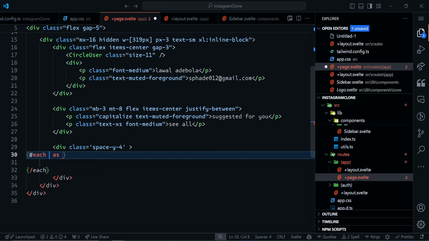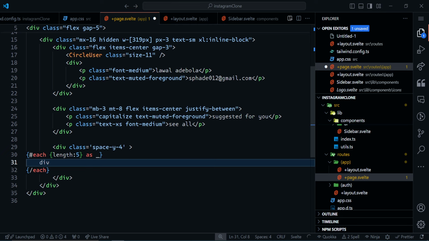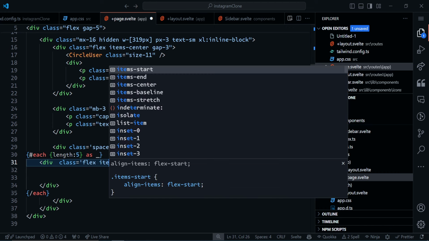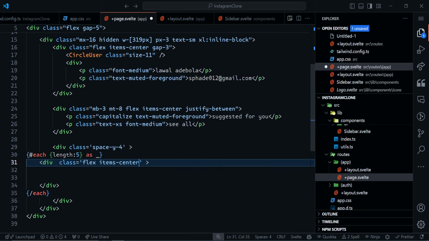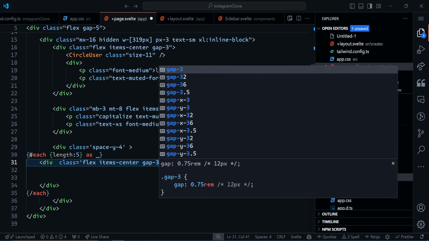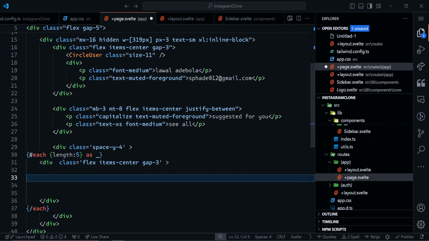And what we're going to be iterating over is just going to be the length of 5. So open your curly braces and say length 5. And we'll use underscore here because we don't actually have any value we want to get from this. And inside the each block, we'll have a div. And this div will have a class. First item in the class will be flex, then items center and the gap of 3. And in that div, we'll have